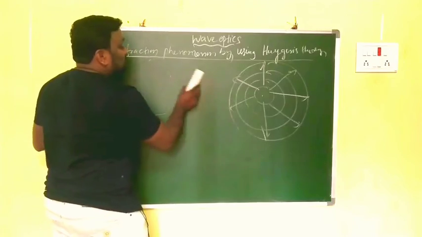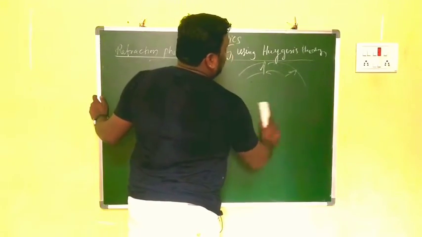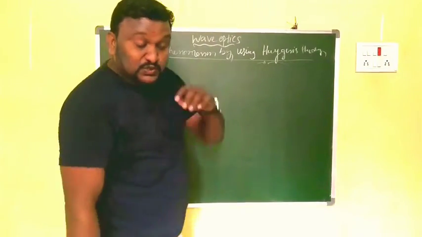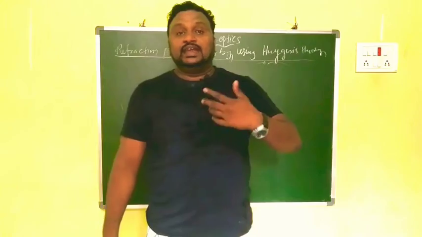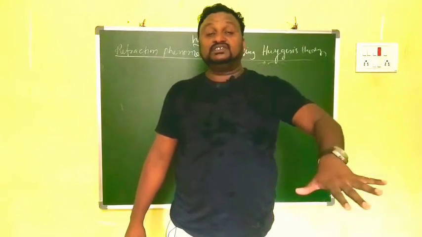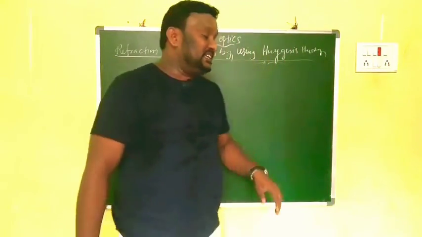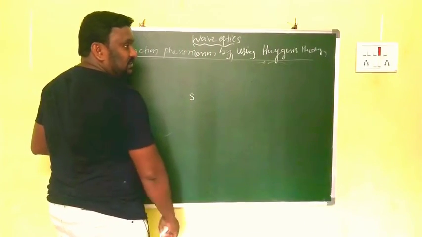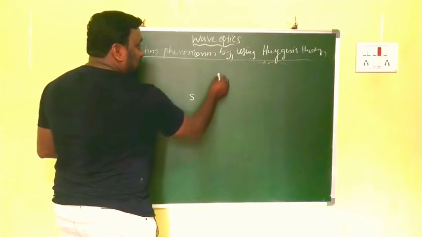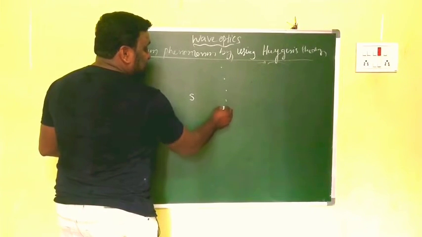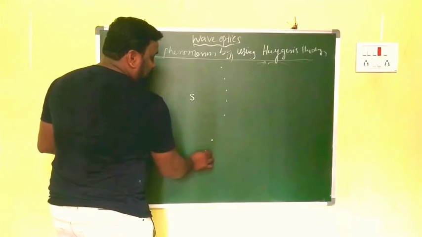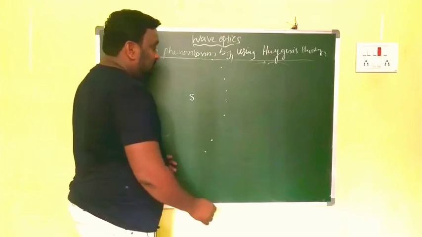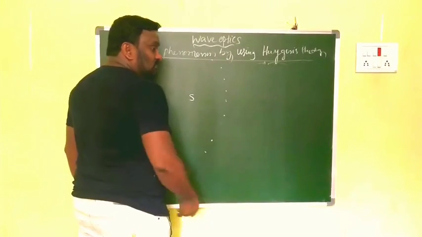So he gave one explanation for why the intensity of light is the same everywhere in a homogeneous medium, why there is no loss of intensity of light in a particular homogeneous medium. Here, this is the source. After that source, at some distance from the source, we have different particles. These particles have the same phase of oscillation,